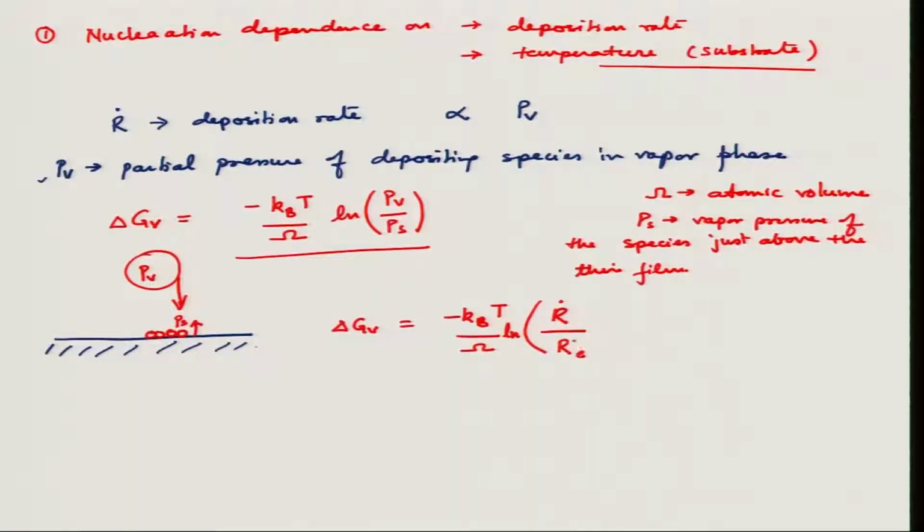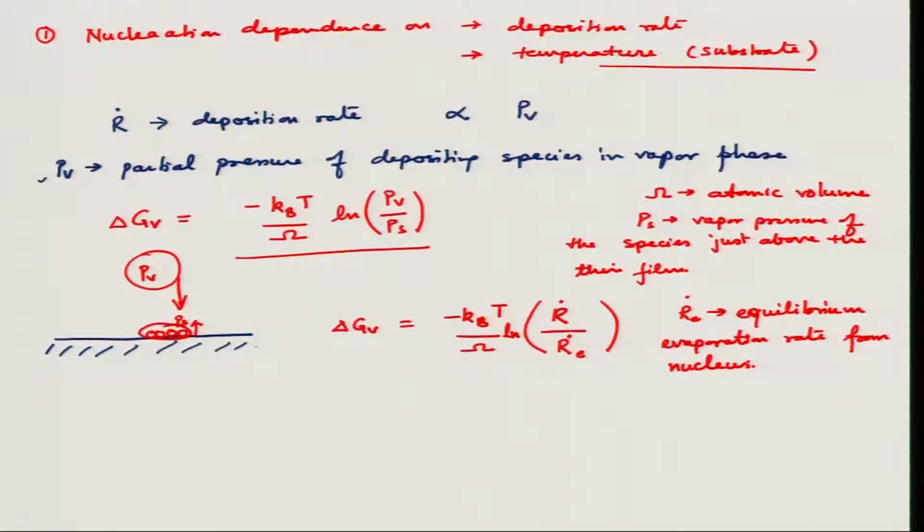So, this is my evaporation rate. So, R dot is the deposition rate, R E dot is the equilibrium evaporation rate from nucleus, okay. So, we can call that this is a nucleus and this is the